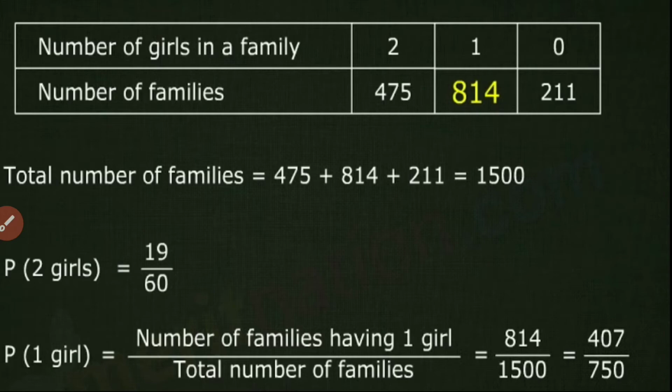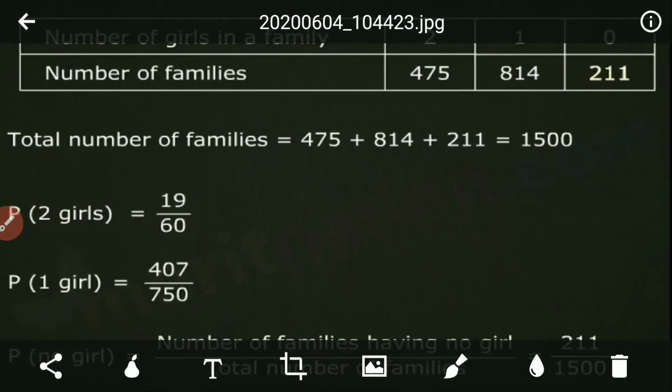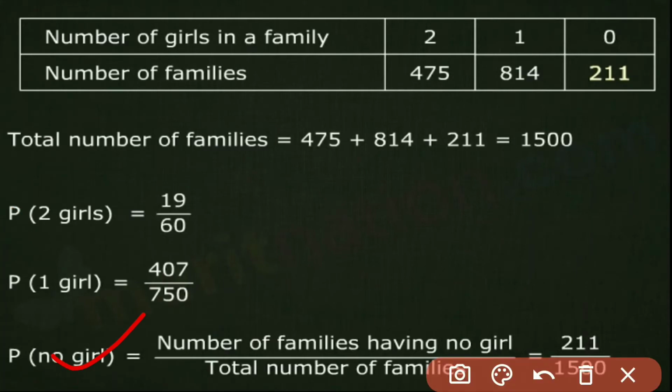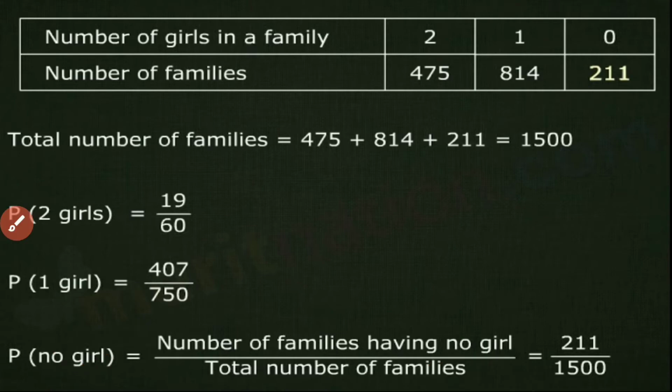If the condition is asking for no girls, then the third condition: no girls, the family having 211 upon 1500. As you see in the last stage, 211 upon 1500 will give you the no girls, because the denominators are all in a different form. When we convert the denominator into the same proportion, what will we receive ultimately?